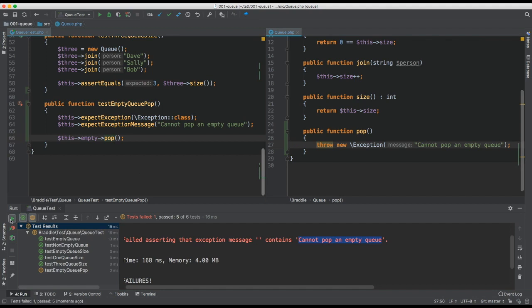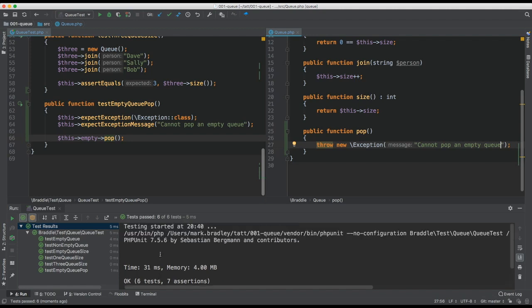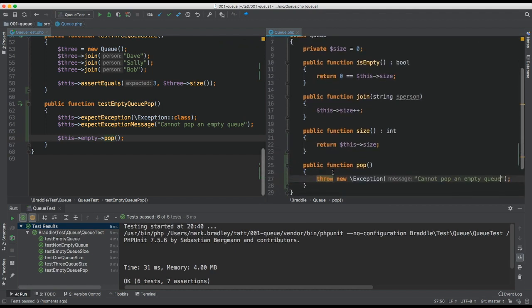Save, and then we can run the test. Excellent. There we go. So we're back to green again. Lovely. I don't think there's any refactoring we need to do at this point. Tiny amount of code in the pop. Nothing's changed in the functions above, and we were quite happy with those, so we shall move on to our